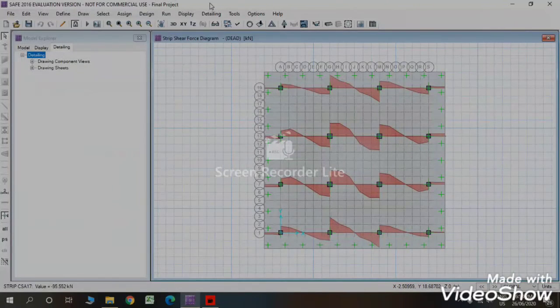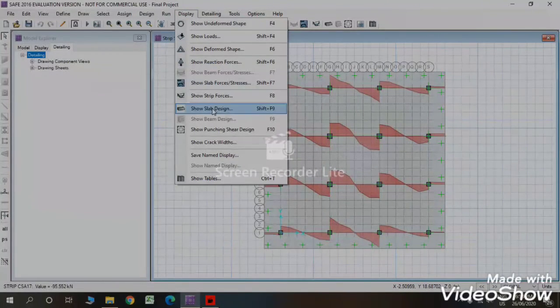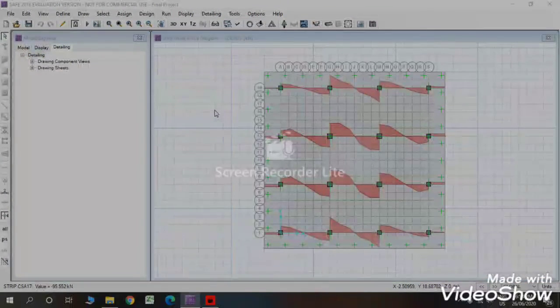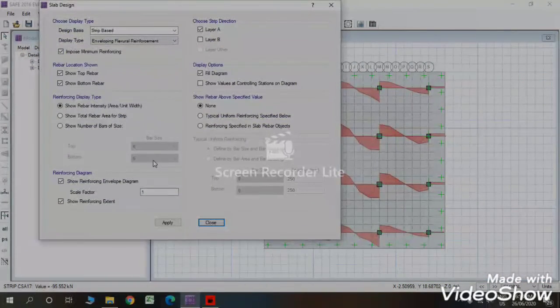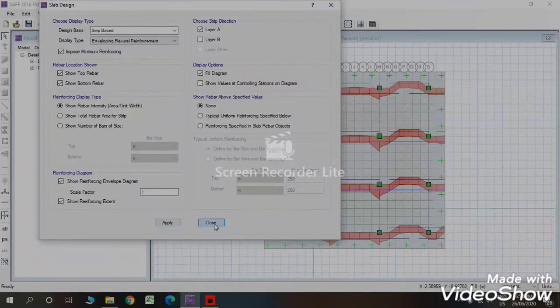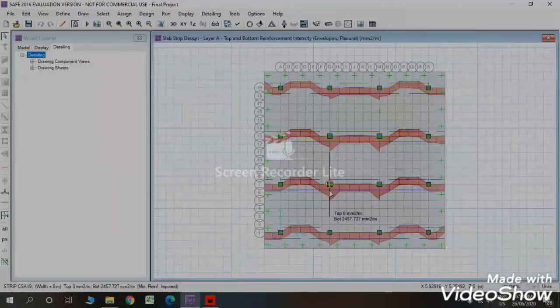Also we can check the slab design. We will impose minimum reinforcement. If we move our cursor, then we can see top and bottom reinforcement in each design strip.